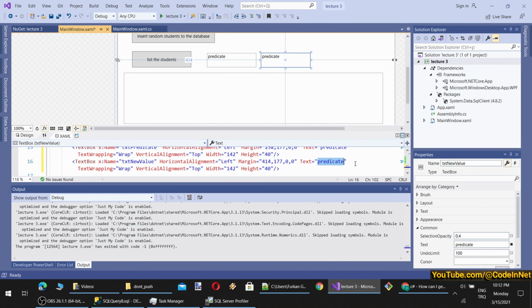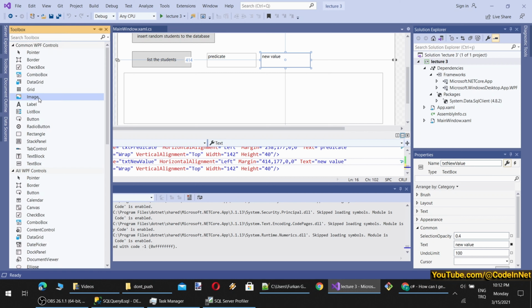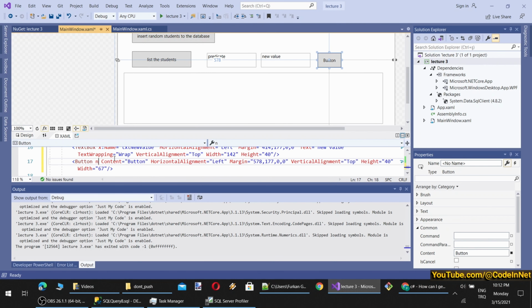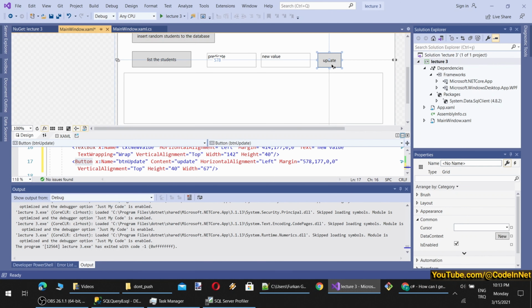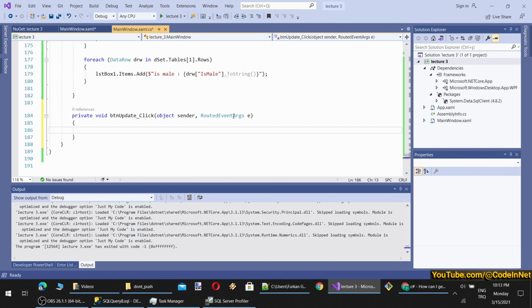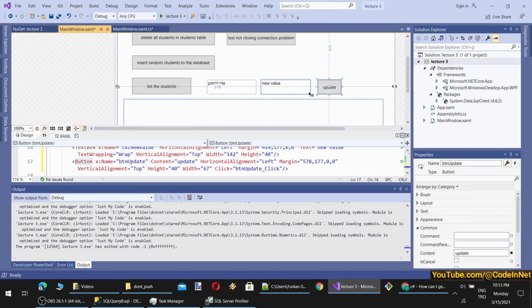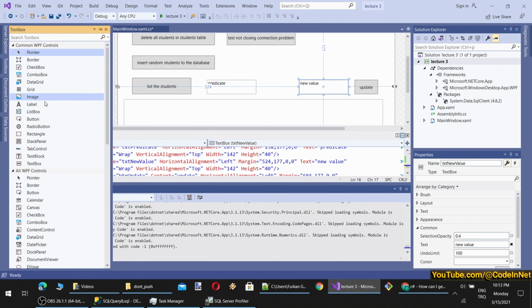Here, let's write inside new value. Let's add an update button, name btn update, and I will add a list all button with the predicate. We first do the update, then we can move to the next. However, for update, I think we also need to set the column name, because otherwise we cannot update the new value without a column. Let's get column names as well inside the drop box, combo box here.